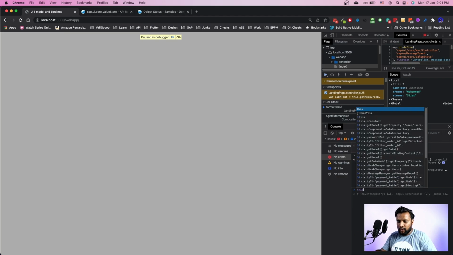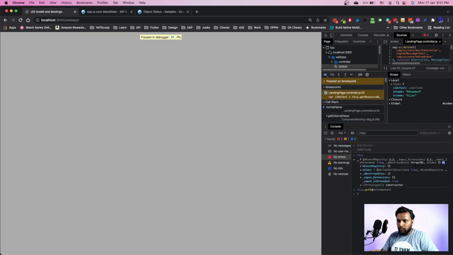So I can write this dot get owner component dot get resource bundle. Sorry, not get owner component, it's get model. Get model of i18n.